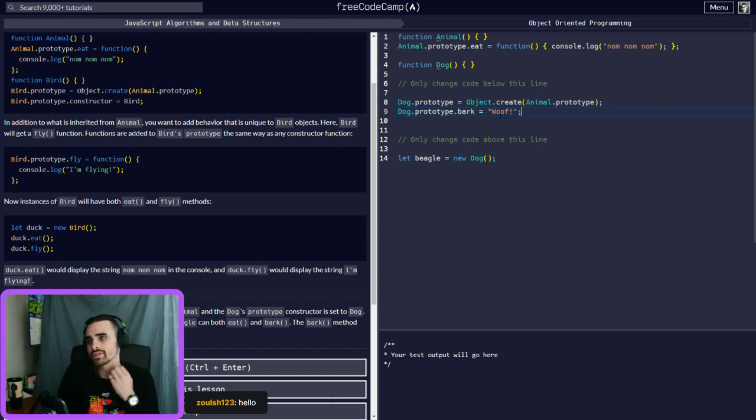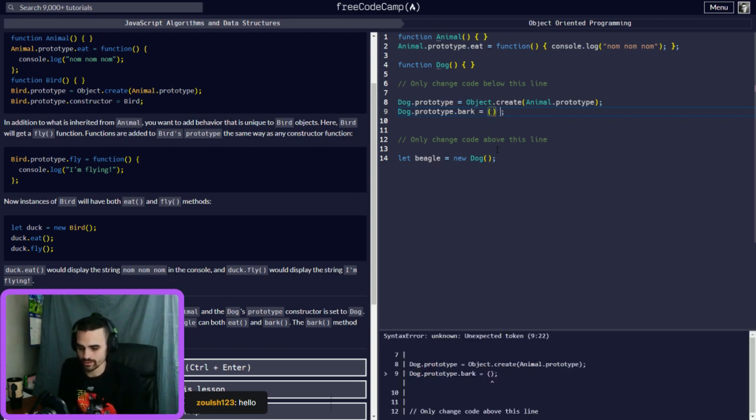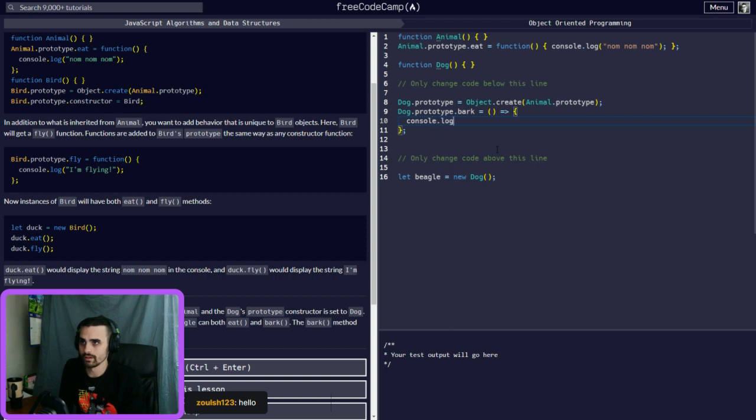So now each thing that we add, okay, hold on. So we can add that, but we want to make it a function. So equals, let's make it a function right here, an arrow function, and we will add the console.log, because we're only using bark in here, so we don't have to make a function that's going to be taken everywhere or used multiple times.